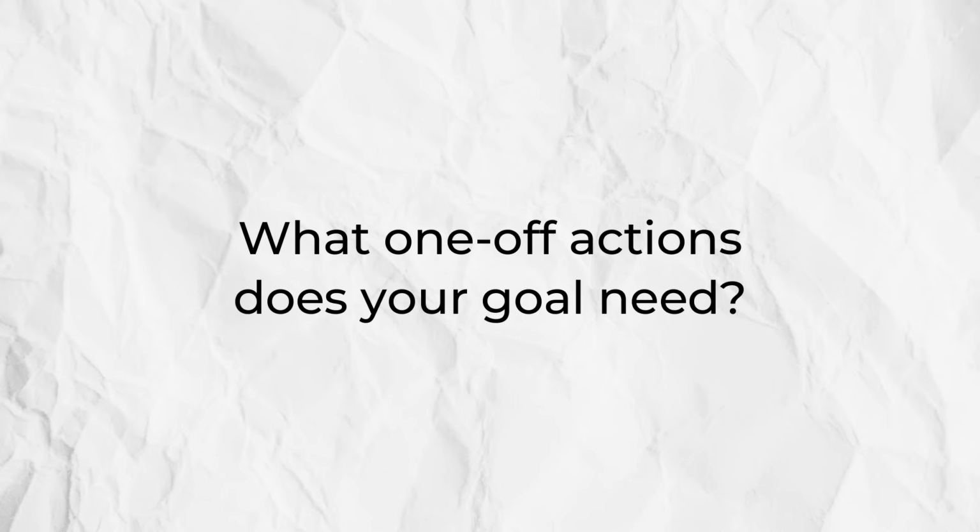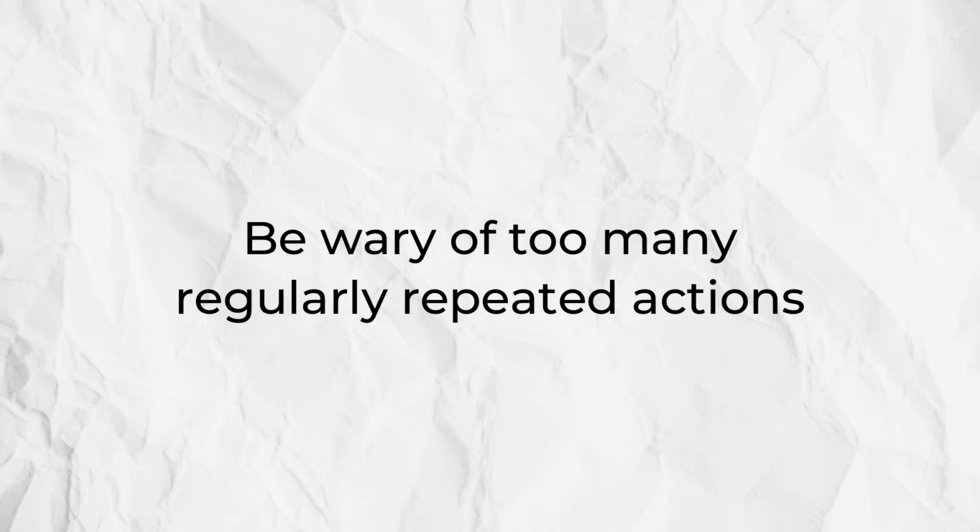What one-off things do I need to do or take action on in order to achieve the goal that I've set for myself? By structuring my thinking in this way, it can also help me get realistic about how much time I have to dedicate to the goal, and whether the way I'm planning on working on it actually aligns with how much time I have in reality. If the way that I'm deciding to work on a goal means that I have a laundry list of tasks that I need to do every single day, otherwise it won't work, then possibly that's not going to be the best way forward for me.